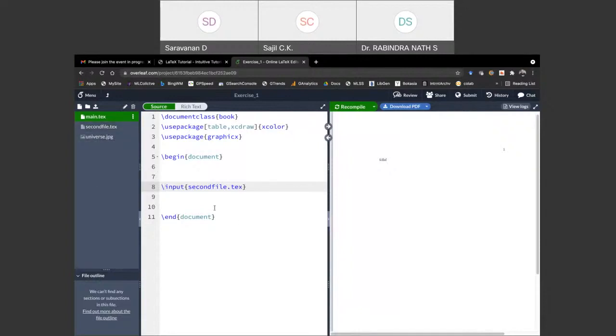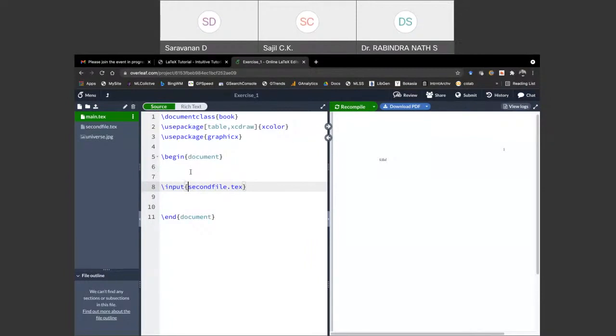Then you can comment out everything else and work on a single file. When it finishes, you can move to the next file. When you want the final complete PDF, you can uncomment everything and run it as a whole. So you are calling every other file from the main.tex file.